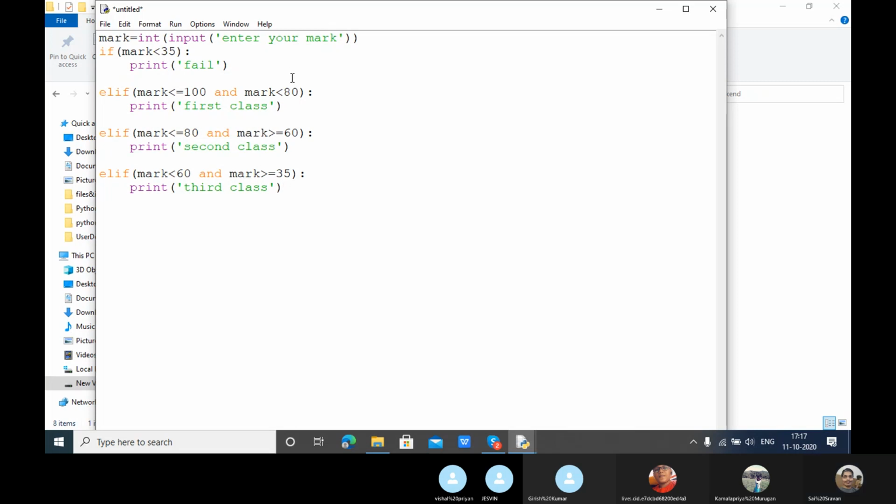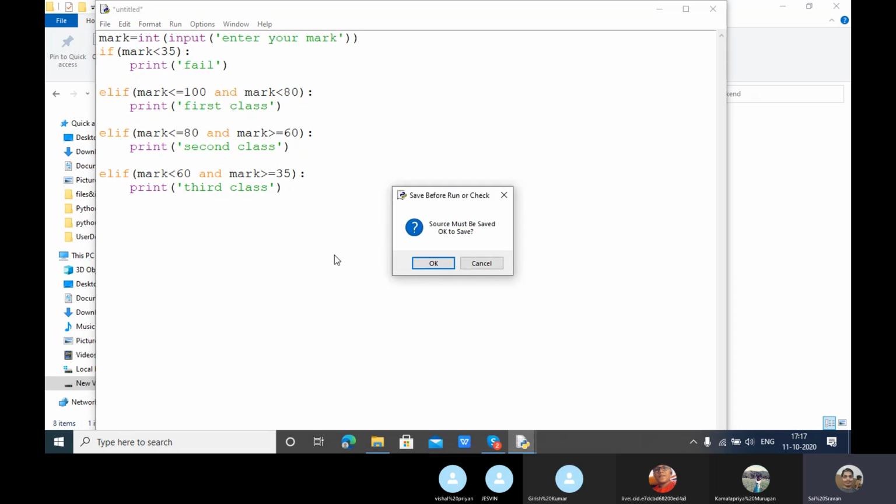So if you want to execute with multiple conditions, we have to go with the elif condition. Okay, so now I'm executing this one.